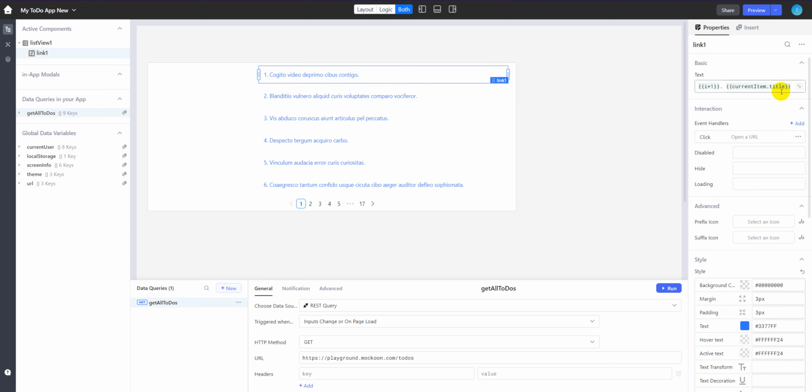So let's select this again. Title is the property within the item. So if we run this query over here,